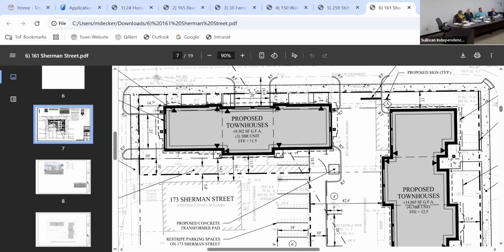The project itself looks like it is well valued by the neighborhood. It reduces a nonconformity in parking and did everything it could to bring some landscape to that area. So I think it checks all the boxes for what we are looking to do in the town of Fairfield in terms of residents and the type of project that we're looking to foster here in town. Okay, Elise, do you have anything you'd like to say about this?